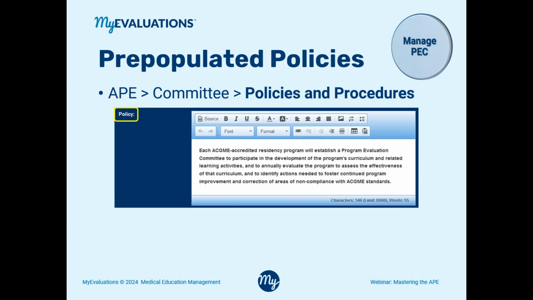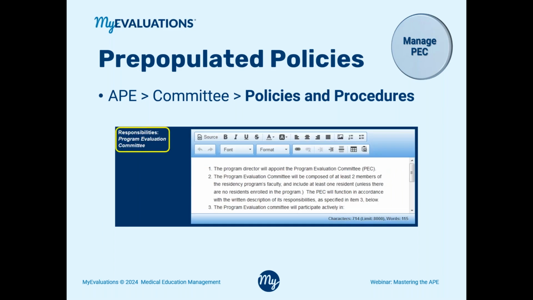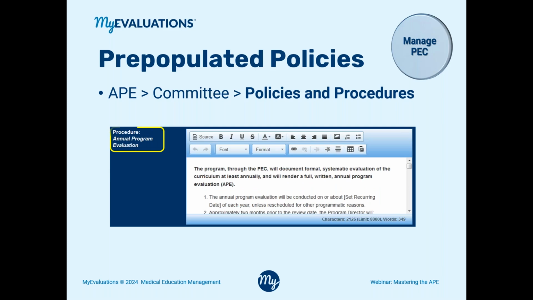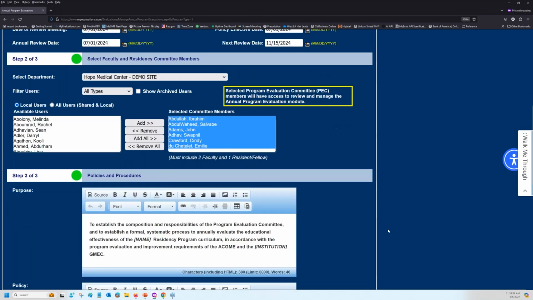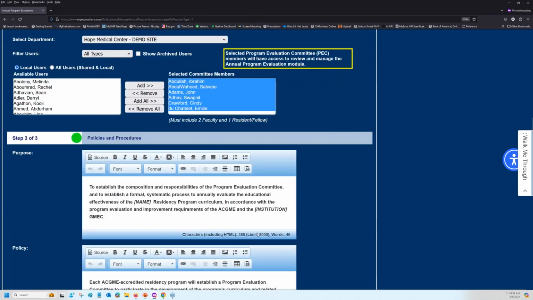As you scroll down that section, there's a separate section for responsibilities of the PEC. Again, we've populated a basic template for you that you can customize. And then you have the next section for the actual procedure of the committee. So to get the process going, you're going to go down to step 3 and just replace the text here for